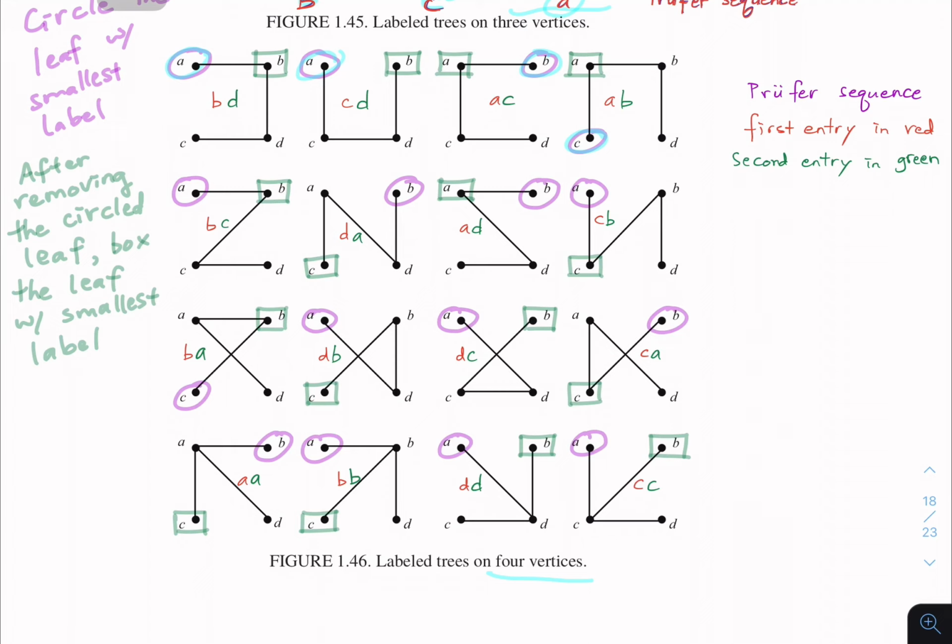And I look at, for example, in this tree, the neighbor of A is B, so I write down B. The neighbor of A is C, so I write down C. The neighbor of B is A, so I write down A. The neighbor of C is A, so I write down A. And then I go to the next step where